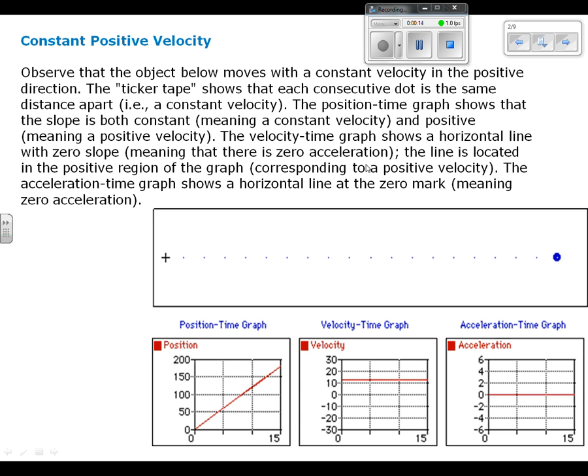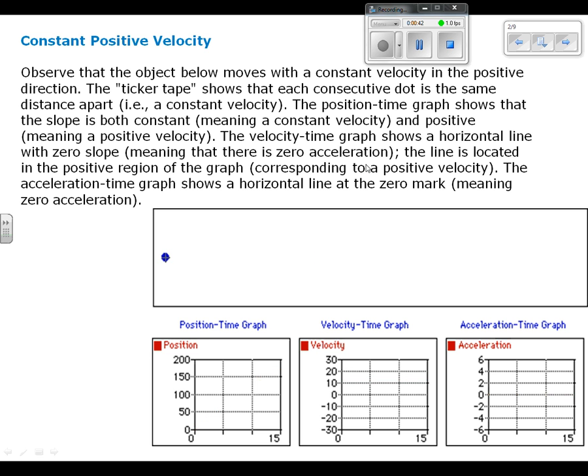So you'll see the little rabbit turds, like I would like to call them. You should draw in your space there dots that are equally spaced. That's the motion, right? On that sheet, under constant velocity, get out your pencil and draw a little ticker tape showing the dots consistently spaced, and then down here, the